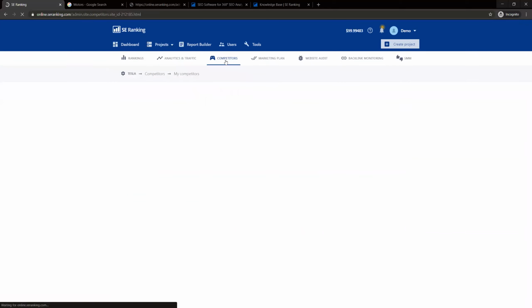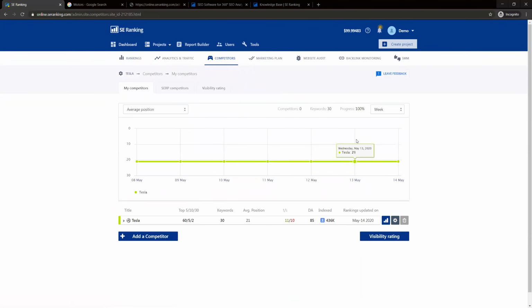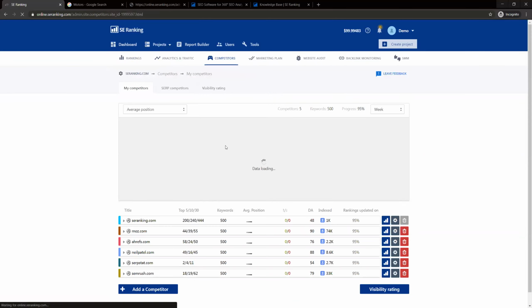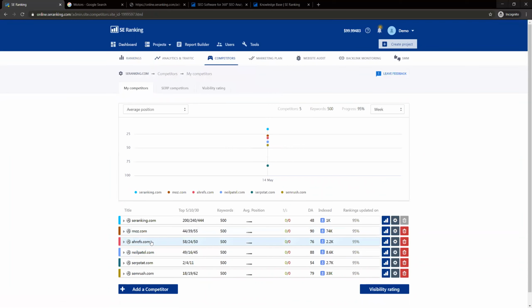So the competitors part, well, let's go into the other project that I've created. So if I go to competitors, these are the 5 websites that I've added as my competitors. Ranking still did not go through, but if I go to, for example, the first one,